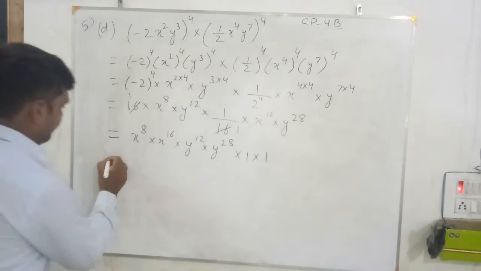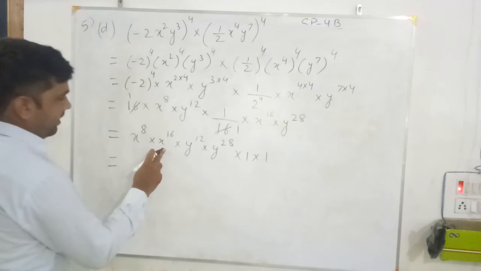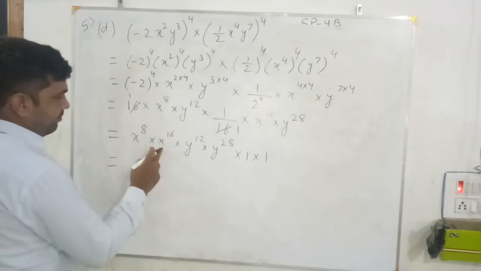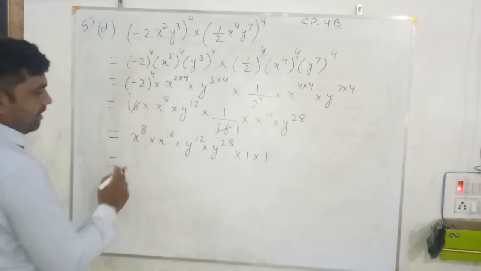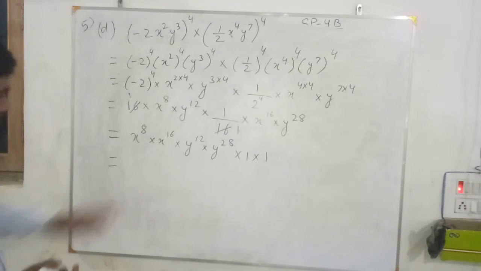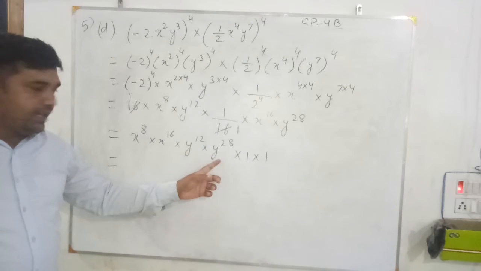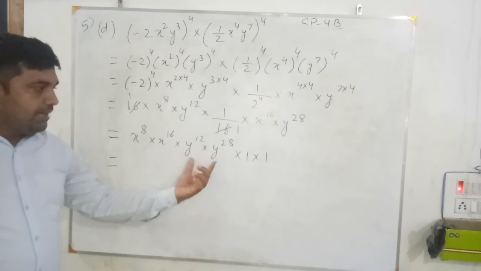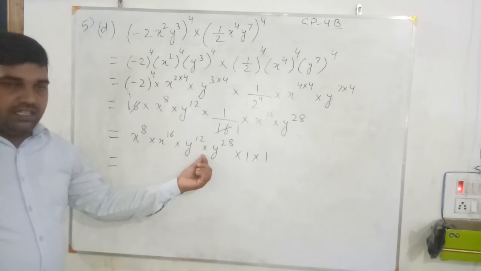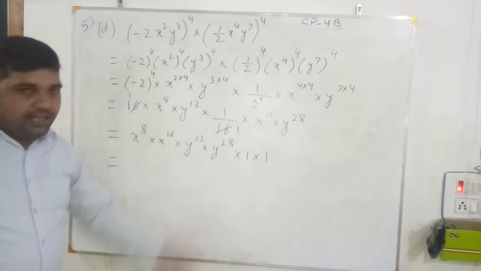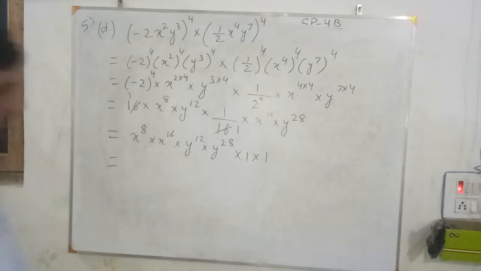Now here you can see the bases are the same, the powers are different, and the bases are multiplied with each other, the exponents are multiplied with each other. So here we apply the product law, here also we apply the product law. You see the base is the same, y into y, so two exponents having the same base and multiplied with each other, take the base common and add the power. That is the product law.